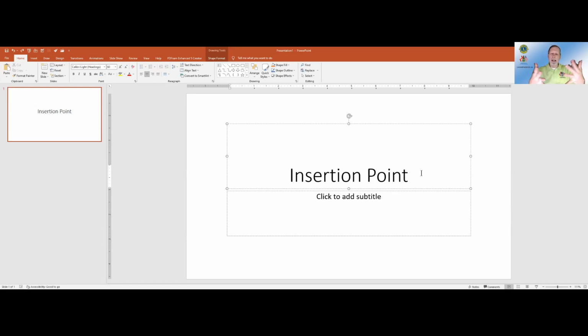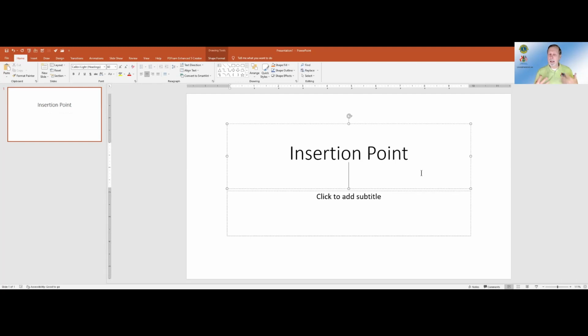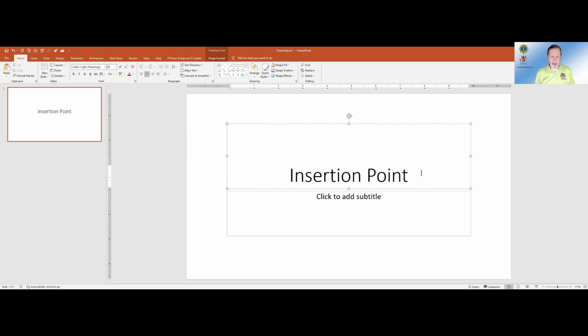If I want to navigate to the next text box where it says click to add subtitle, if I hit the enter key, I'm adding another line to the first text box as I hit my backspace. If I hit the tab key, I'm just adding another space in there. No, I don't need that either. If I want to add to the subtitle, I click to add to the subtitle, and I can type in here a subtitle.